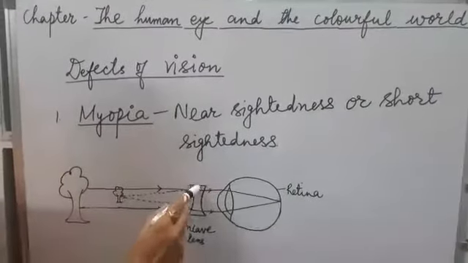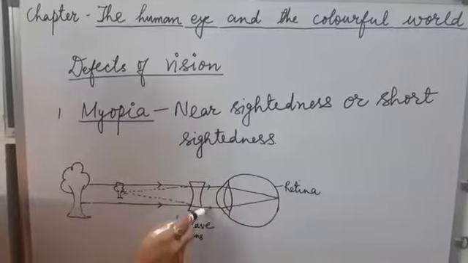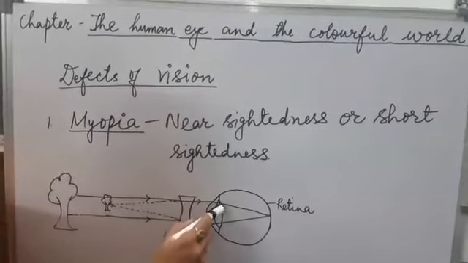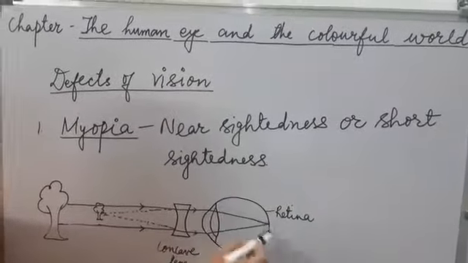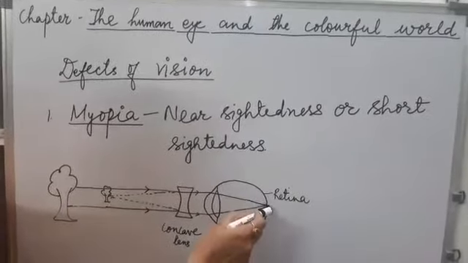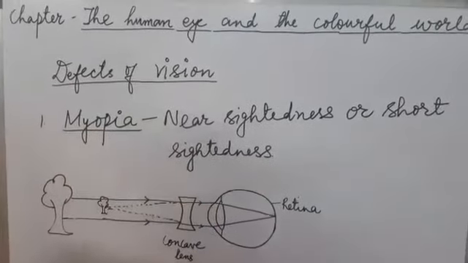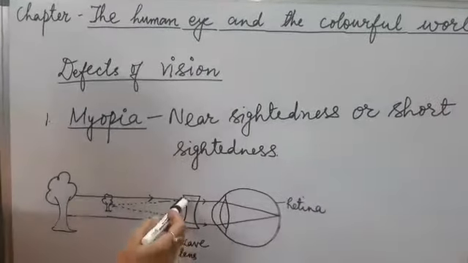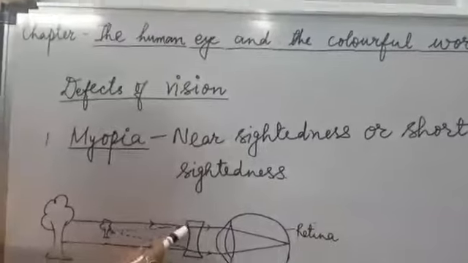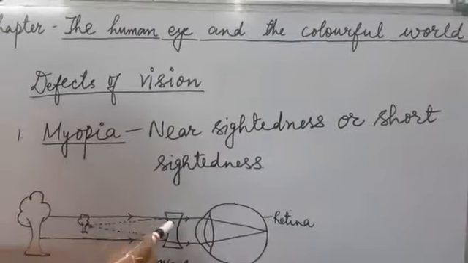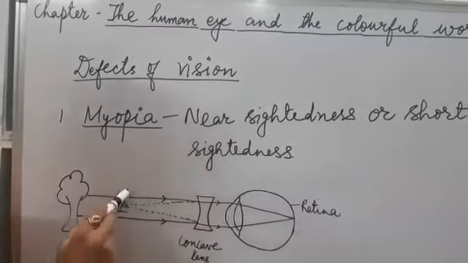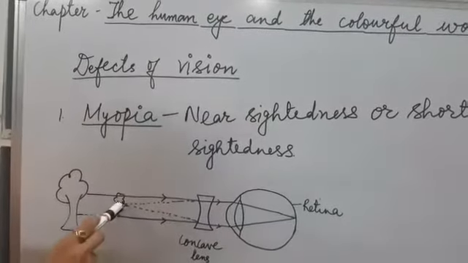This diverging lens, that is this concave lens, diverges the rays first, and then this eye lens converges the rays again, and these rays meet at the retina and the image is formed here on the retina, and the person is able to see the object clearly. Now if we trace back these rays coming from this concave lens, these appear to meet here, a virtual image is formed here, and the object is seen here.